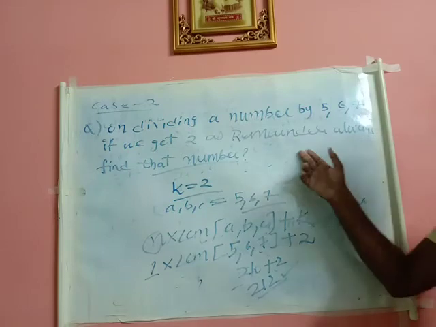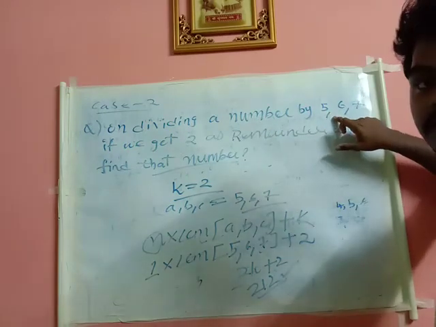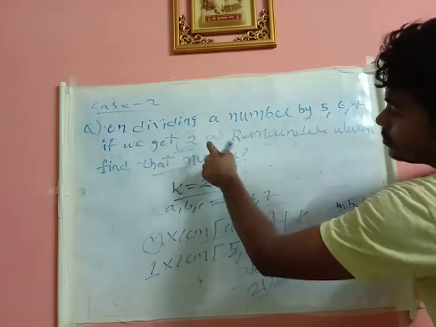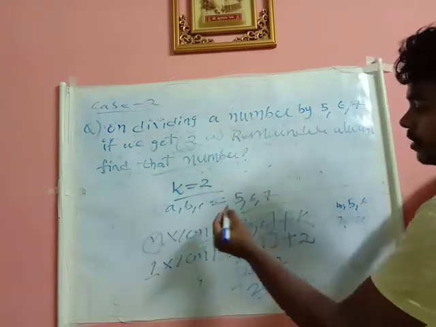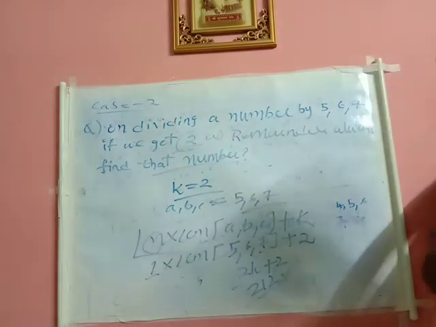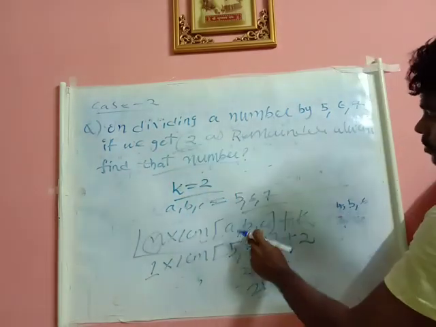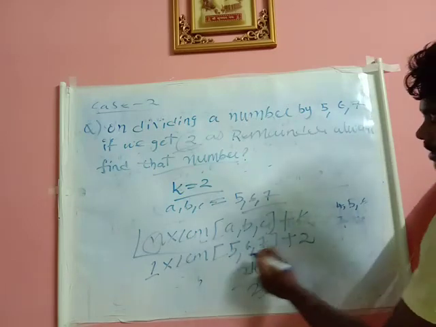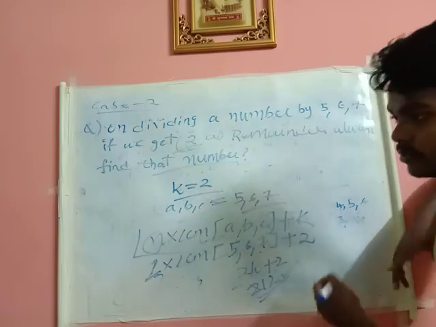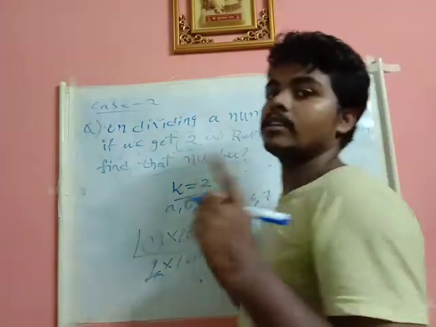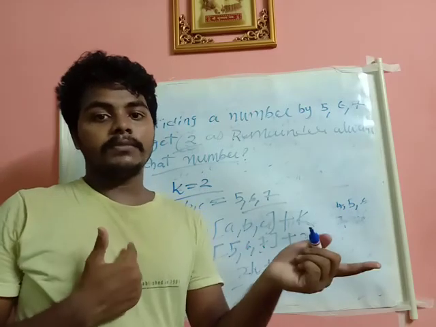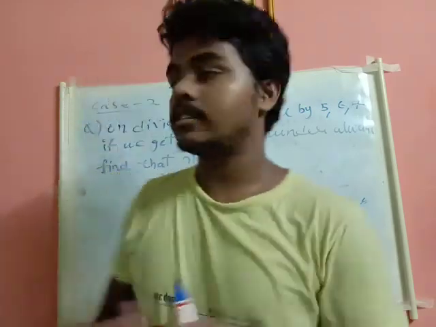Right? So initially for every divisor you will have a different remainder. But here for every divisor you will have only a constant remainder. So in that case the answer will be n into LCM of ABC plus k. The k is given here. You know that ABC is 5, 6, 7. You will be taking the LCM. So if you take n as 2, the answer will change. If you take 3, the answer will change. So you just check in the options. They can give the answer for n equal to 2. They can give the option for n equal to 3. So this is case 2.